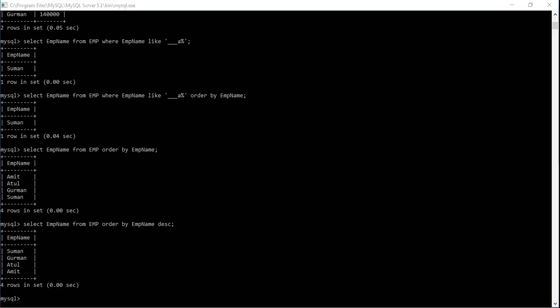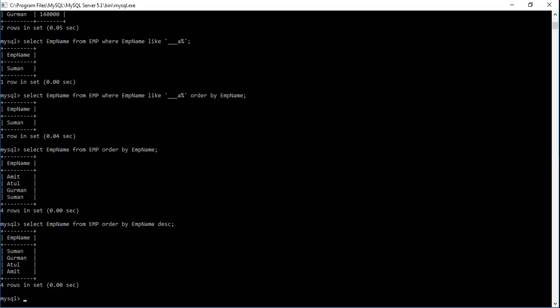Next we have, okay, using certain additions, like now display the sum of salary and commission, and the name of the column should be total incentive, whosoever is getting a commission.